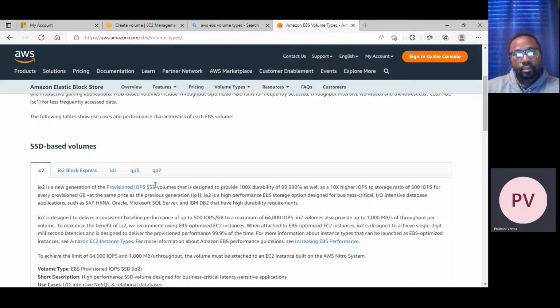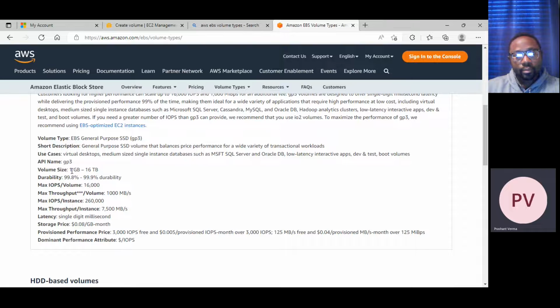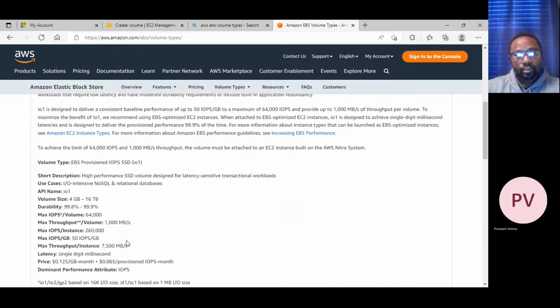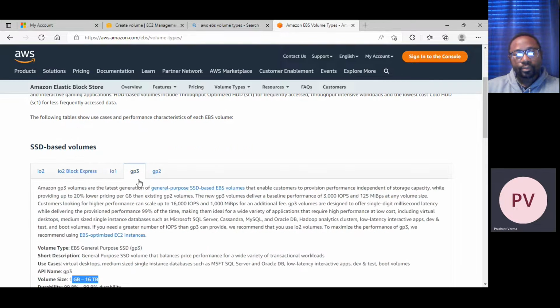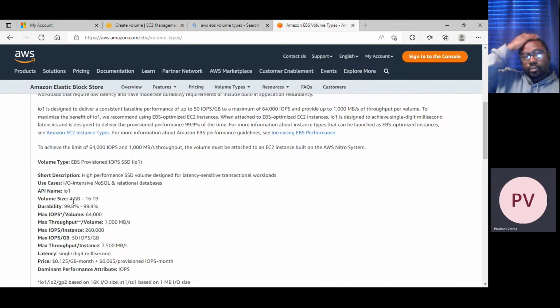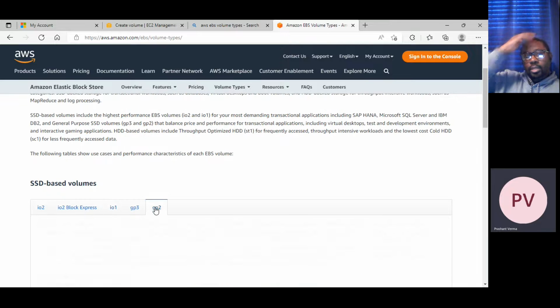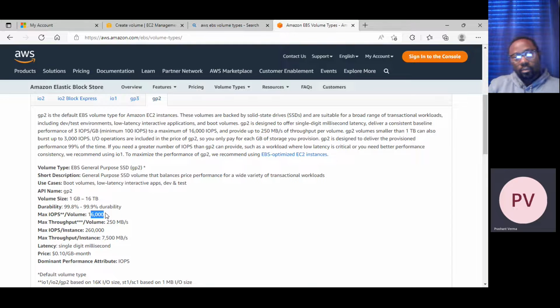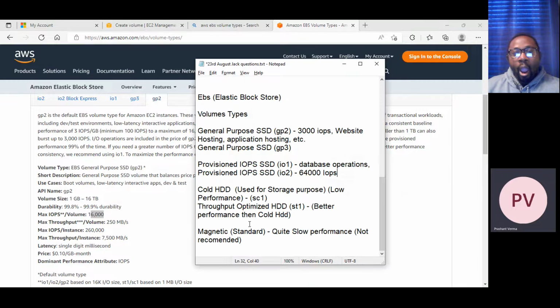And GP3 supports 1 to 16 terabyte. So you can create 1 GB as well. But in IO1, the minimum size would be 4 GB, that's the default. GP2 will support up to 16,000 IOPS. I can write it down for you. GP2 will support up to